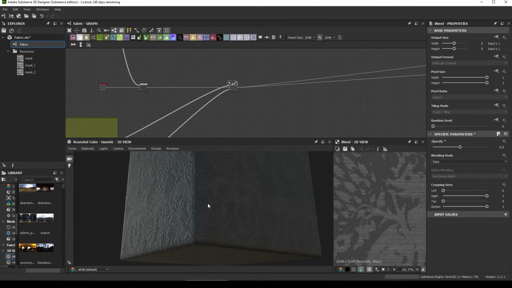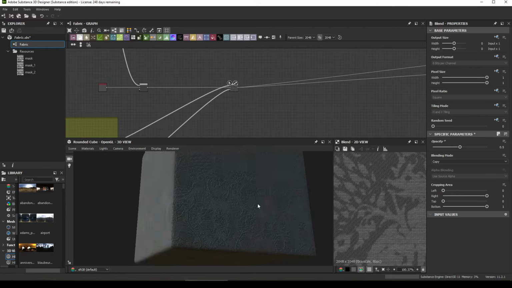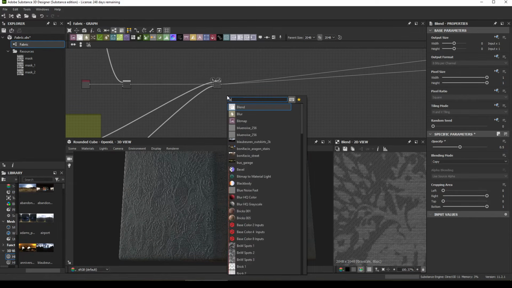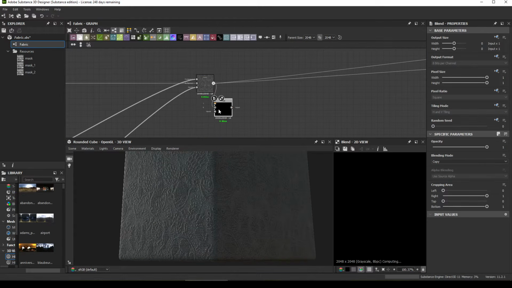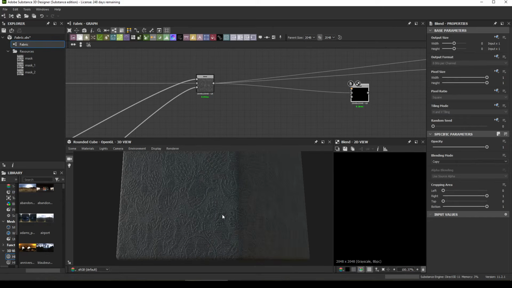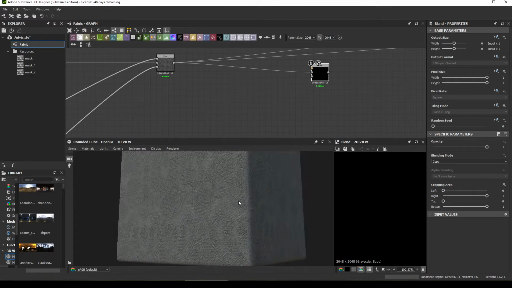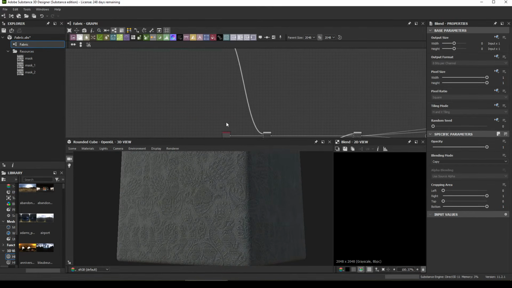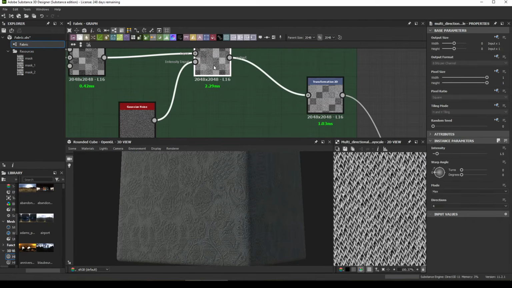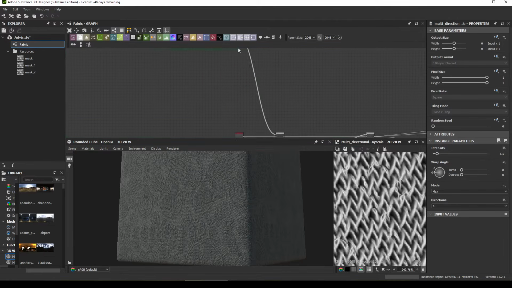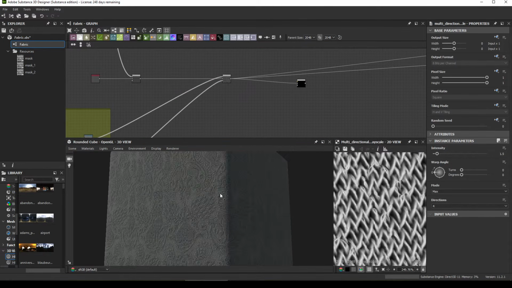But I still find it too clean and too flat. So I'm going to add one last pass to our height map. So I'm going to add blend. And right now it's too flat because it has no wrinkles, no folds, no imperfection, no large scale imperfection, because we have small scale imperfection, remember? We used a multi-directional warp to fray some of our threads, but it's not enough because we want large scale,